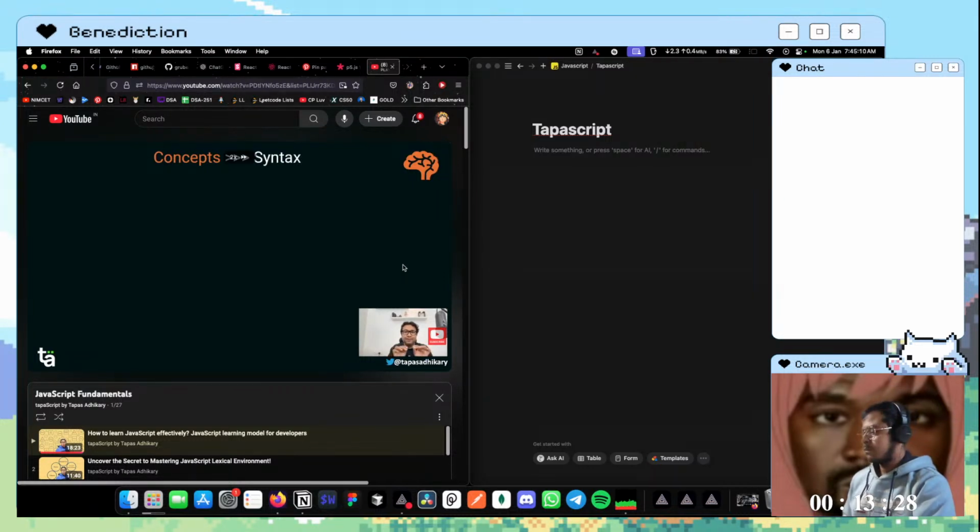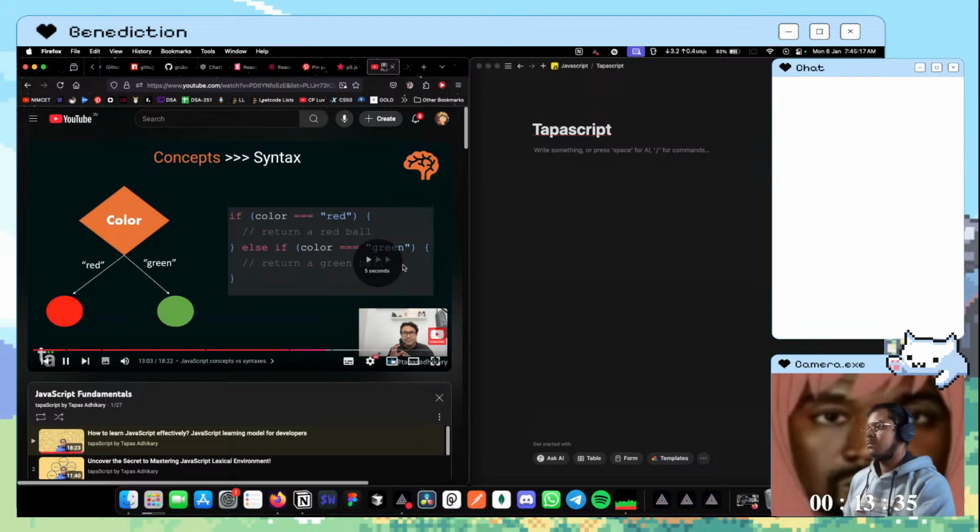So I told you if in the paper it's written red, then you get a red ball. If it is written green, you get a green ball. So I'm talking about a kind of flow control. If it happens, else it happens. So I'm talking about flow control. There could be two possibilities. Because if the problem statement is tweaked a little bit, you won't be able to write the right program.